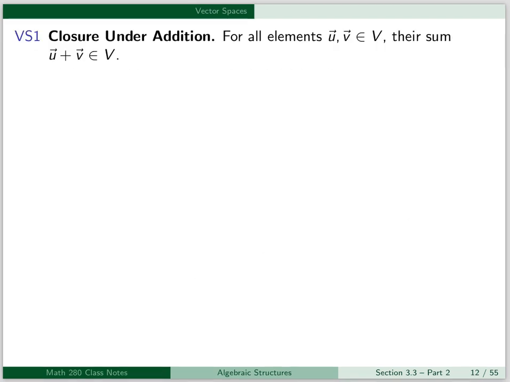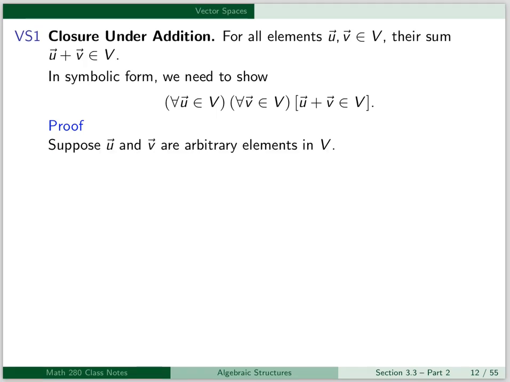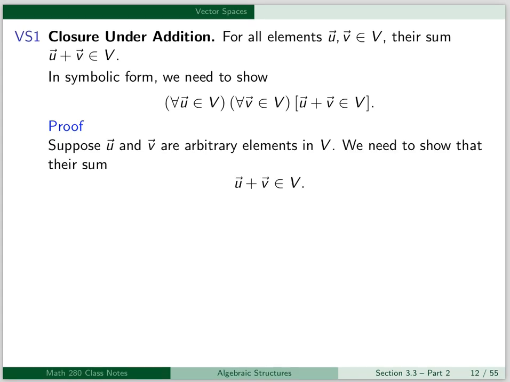So for VS1, closure under addition. This states for all elements u and v in V, their sum u plus v is in V. In symbolic form, we need to show for all u in V and for all v in V, u plus v is in V. So this is a universal statement, so we'll start with a proof by arbitrary element. Suppose u and v are arbitrary elements in V, and we need to show their sum, u plus v, is